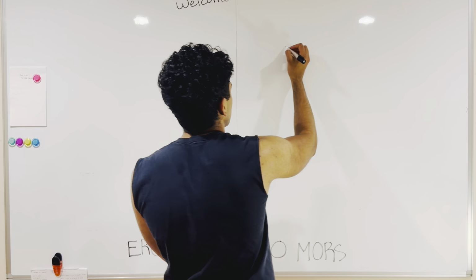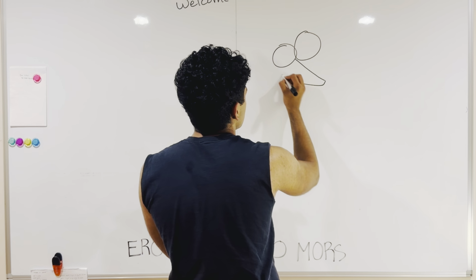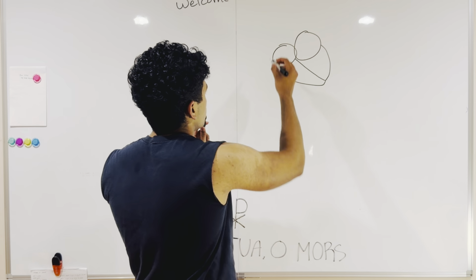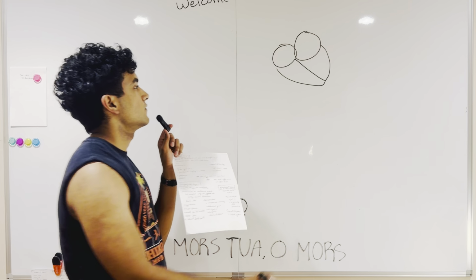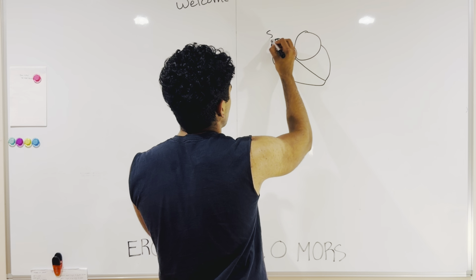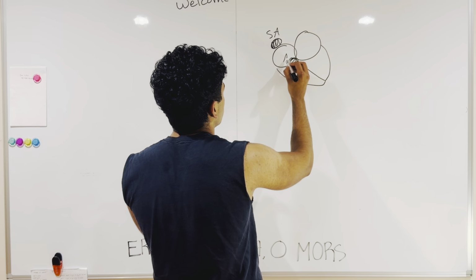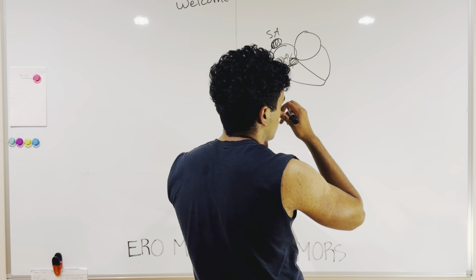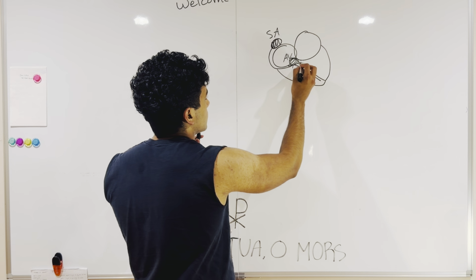So your heart looks something like this. Not the best art I've ever done. Actually, that looks pretty nice. But we have some nodes. So your heart's essentially like an electrical circuit box. And you've got three main things. So you've got this node here, which is called the SA node. You've got a node down here, which is called the AV node. And essentially the SA node tells the AV node to fire. And then the AV node sends a signal down here through the